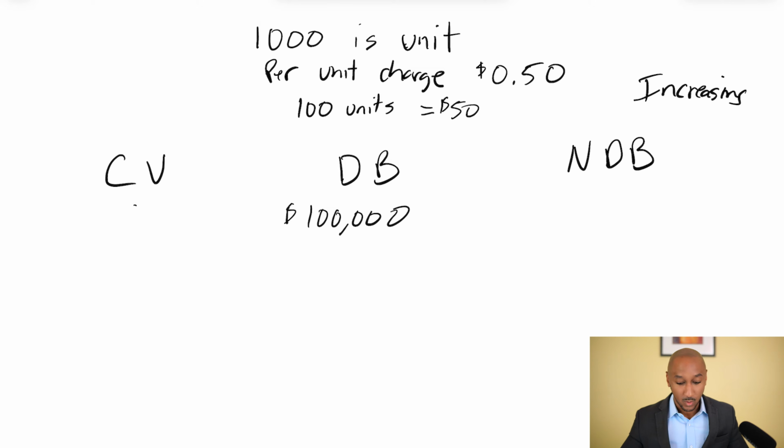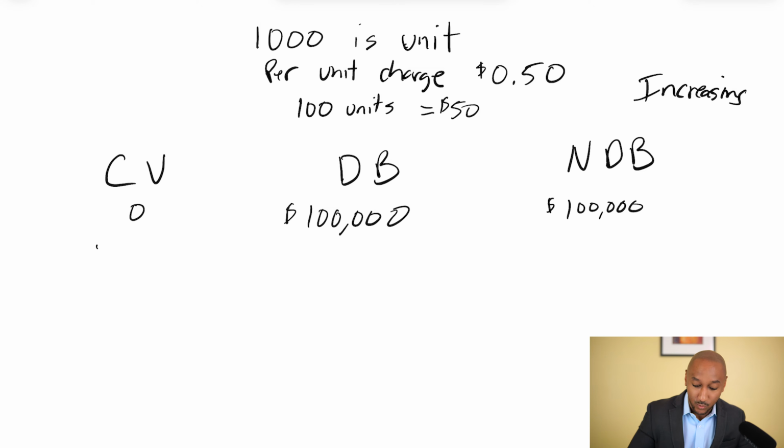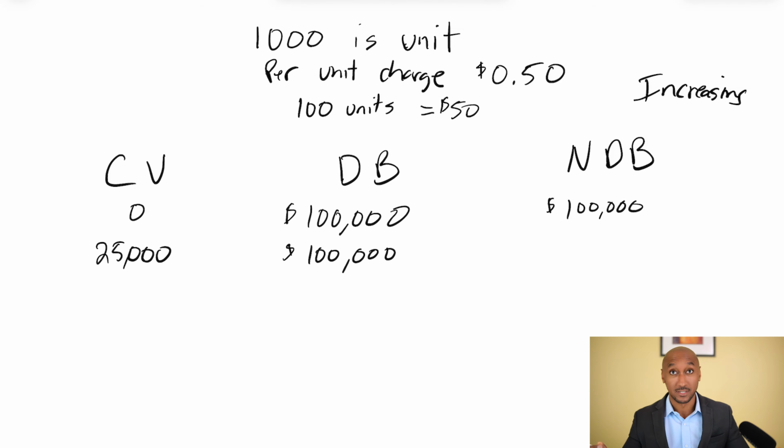Okay, so now when we look at this, you open up your policy. You have no cash value out the gate. Month one doesn't start off with cash value. Net death benefit is pretty straightforward. $100,000 will pay out. So if I open a policy on Monday and I died on Tuesday, my beneficiary will receive a check for $100,000. Okay. Now, let's say my cash value grew to $25,000. My death benefit I'm paying for is $100,000 because I'm paying that $50 a year. So my net death benefit will be